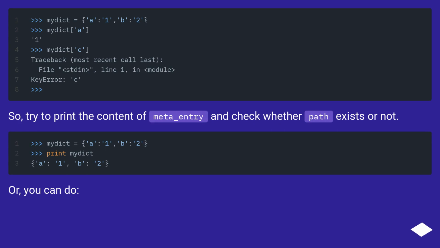So, try to print the content of meta_entry and check whether path exists or not. Or, you can do